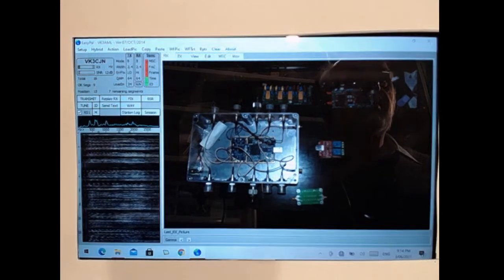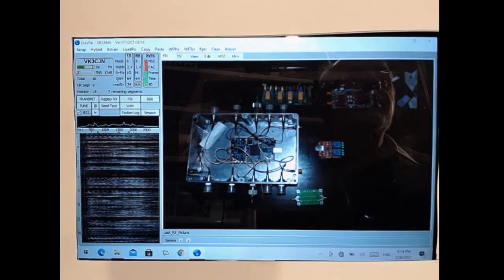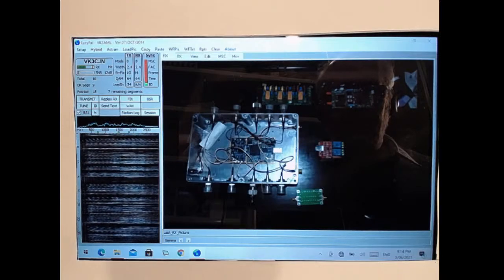All right, at the drop of the repeater, I'll put this through. I think this will make everybody have a bit of a giggle.